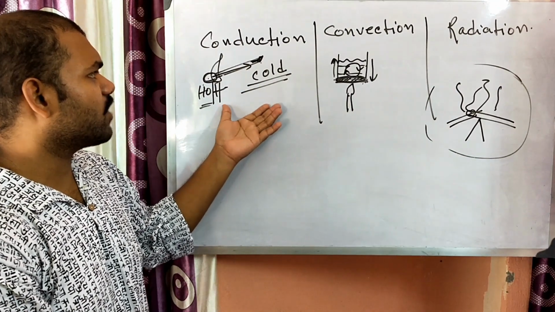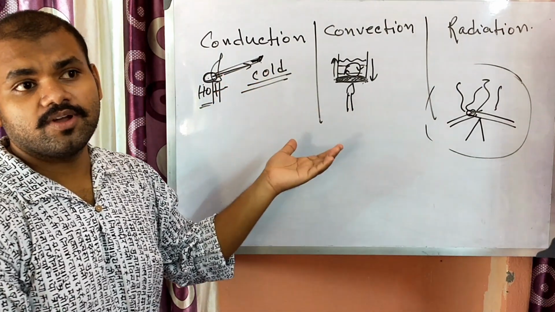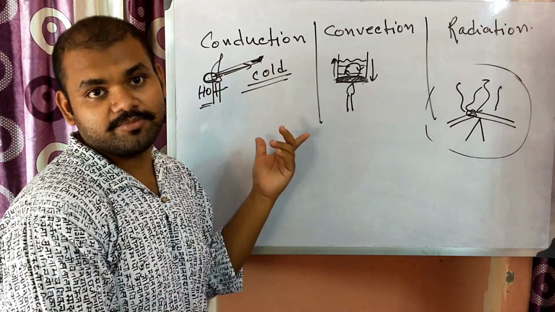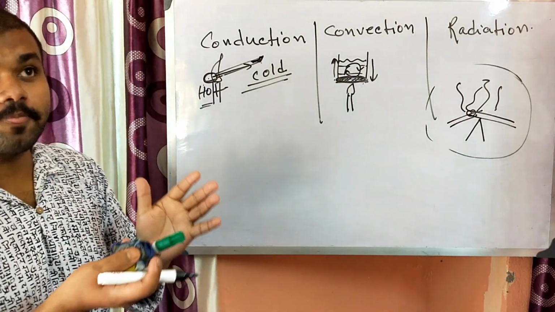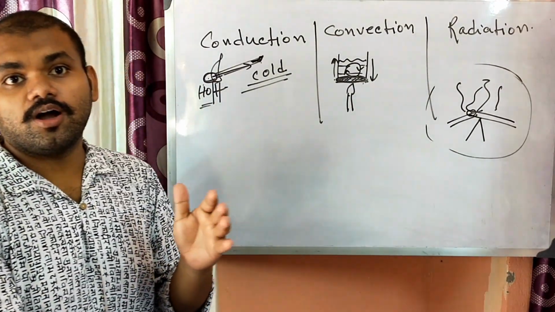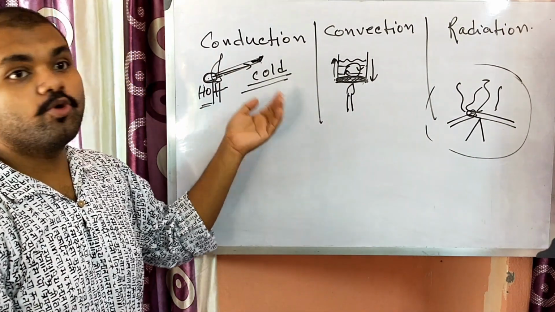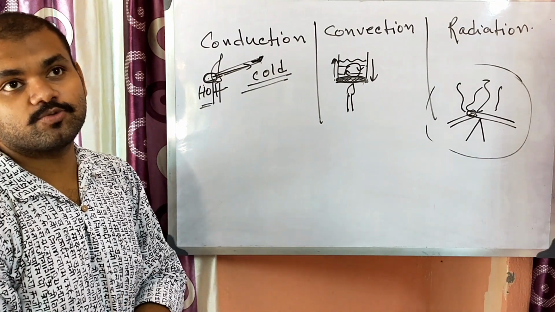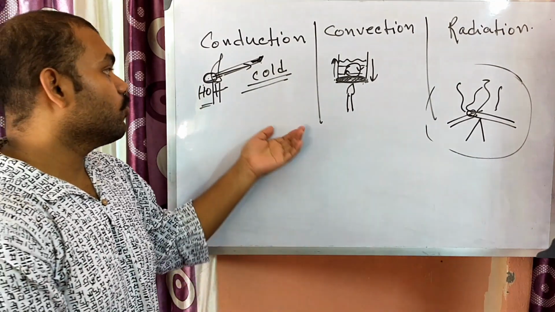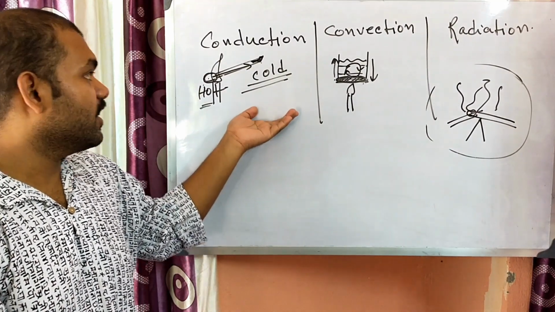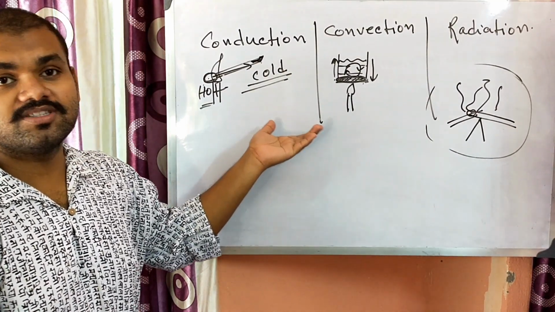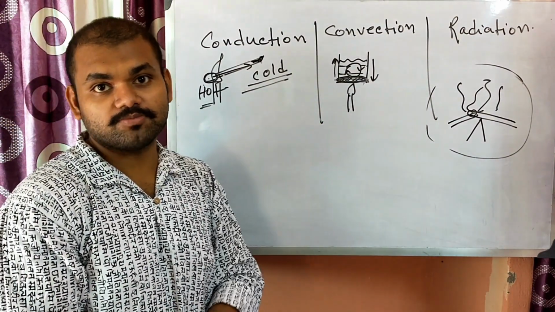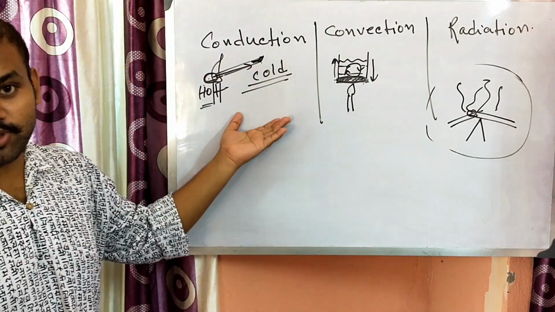Now I am giving a few examples of conduction. For example, in the case of a cooking utensil, the handles of the utensil get heated after some time. To minimize this effect, we need to put a coating on the handles of different utensils, like a bakelite handle, or handles made of plastic or thermoplastic, which doesn't allow the heat to come. Another example: cooking utensils like frying pans are generally black in color. Why? Because black color is a good absorber, so that's why.